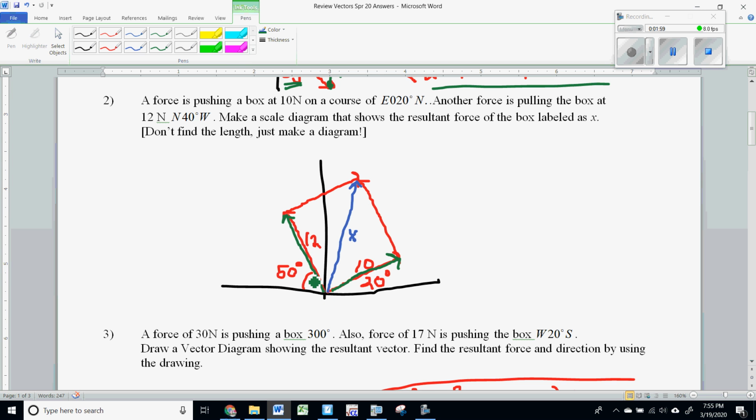And once again, we always want to think about the angle to the x-axis. That kind of helps us when we start to have to do calculations. But in this case, all we're doing is just drawing. So we just draw our parallelogram, and then this blue vector is our resultant vector